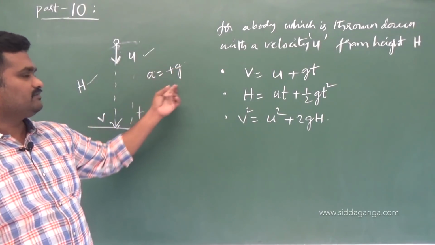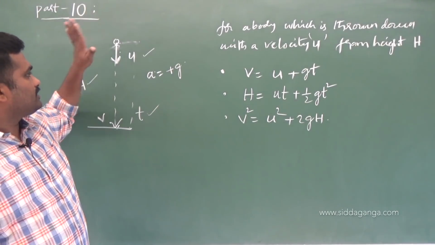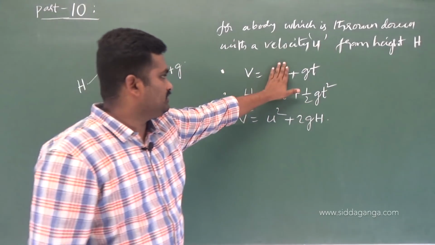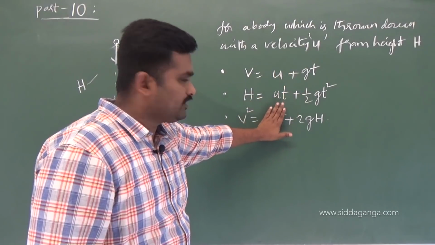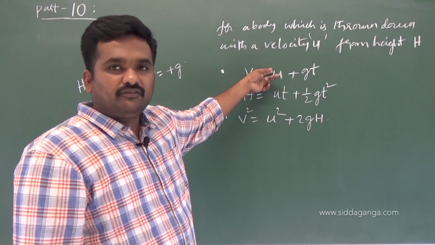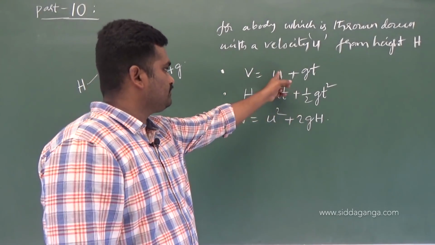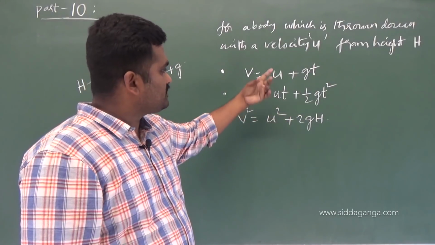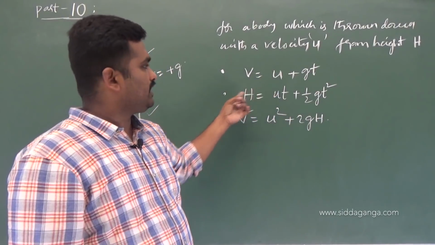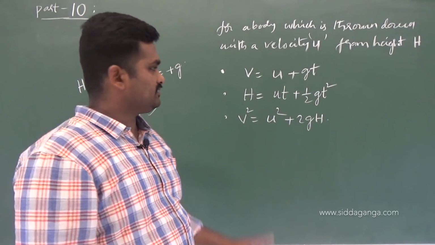Substituting for just the value of a, the only addition is that we are giving some velocity also. Actually, a freely falling body means this u term will not be there. Why? Initial velocity is 0 for a freely falling body. It's not a freely falling body, this is a body which is thrown down with velocity u. If a body is thrown down with velocity u, you have to inject a velocity u for it. So what happens to its motion? That's how we need to study the equations corresponding to this.